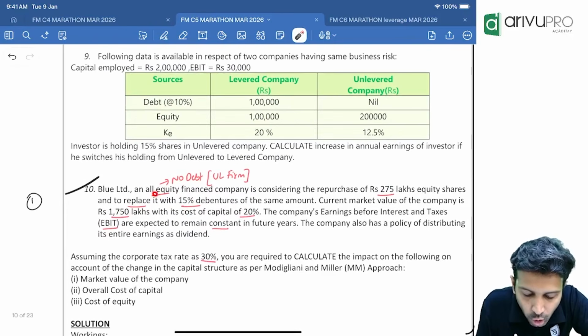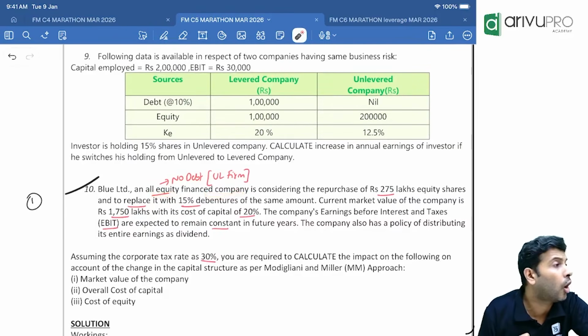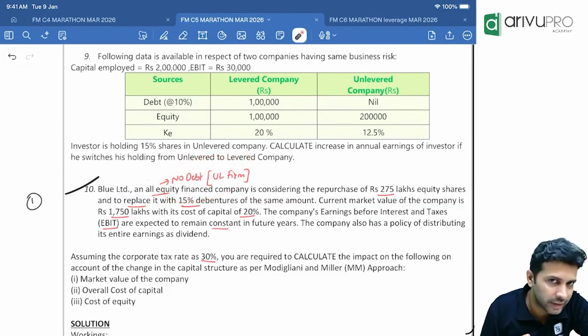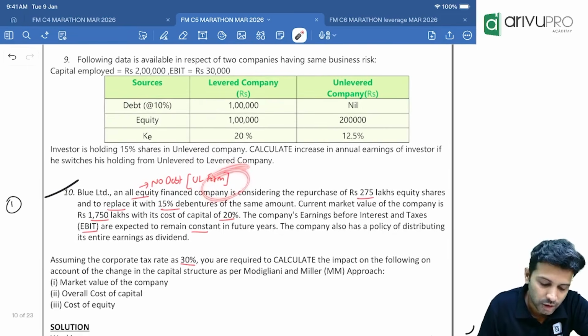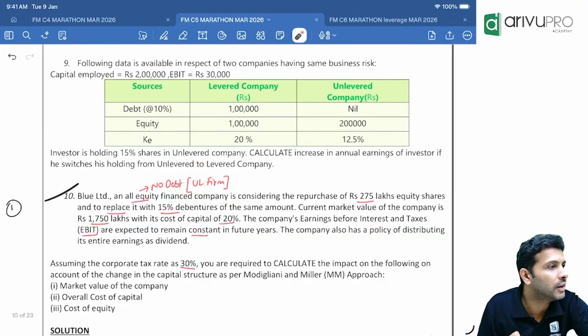Blue Limited, an all equity financed company. All equity financed company means 100% they are taking the money from equity. Debt is there or no debt? No debt means it's a levered or unlevered firm? Unlevered firm. Currently,